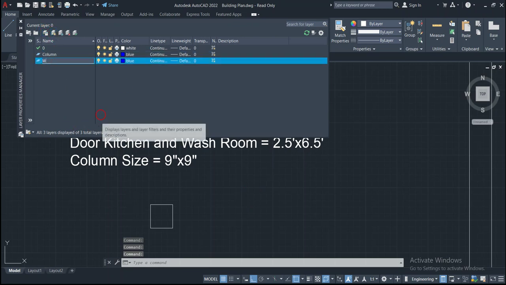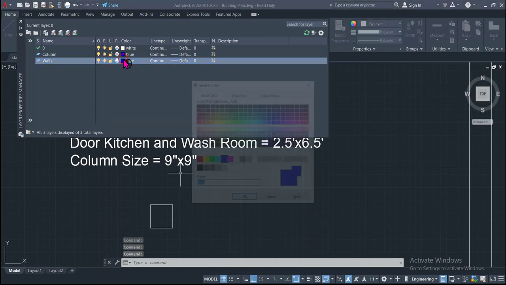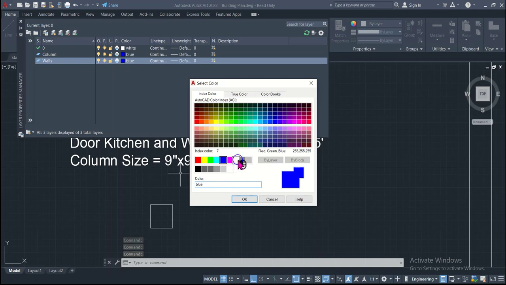We will name it walls, and for walls we will use the white color. Let's use the pink color for the walls,